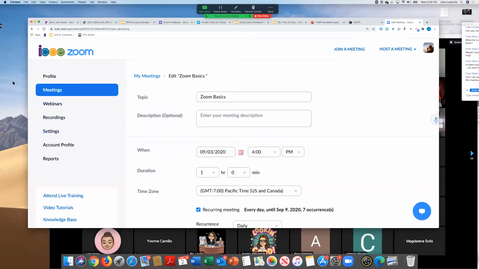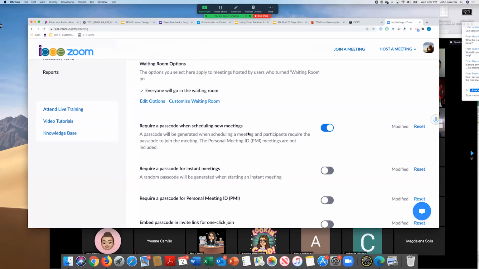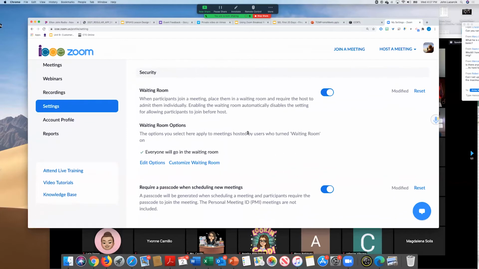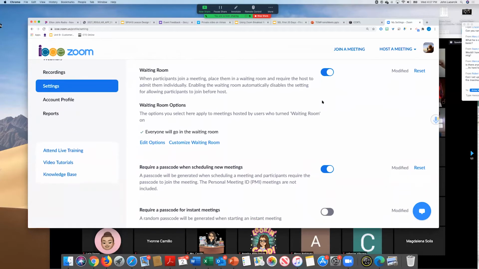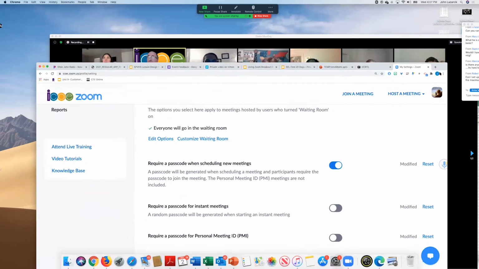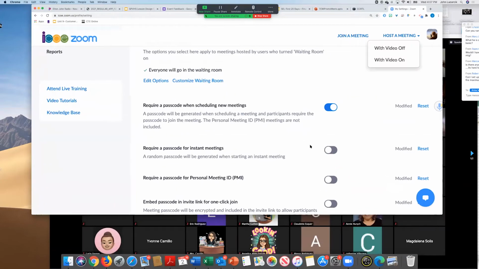So thank you. When you're in your Zoom account, this is probably the most important click you'll ever make: settings, because this will allow you to do things or have things going on that you either want to have or don't. So for example, I'm just going to quickly go down to waiting room. I turn the waiting room on because if I'm a teacher, I want my kids to go in the waiting room first, right? I can even customize the waiting room. I can put a picture in there. I can have music. It's really cool if you really want to take it that far.